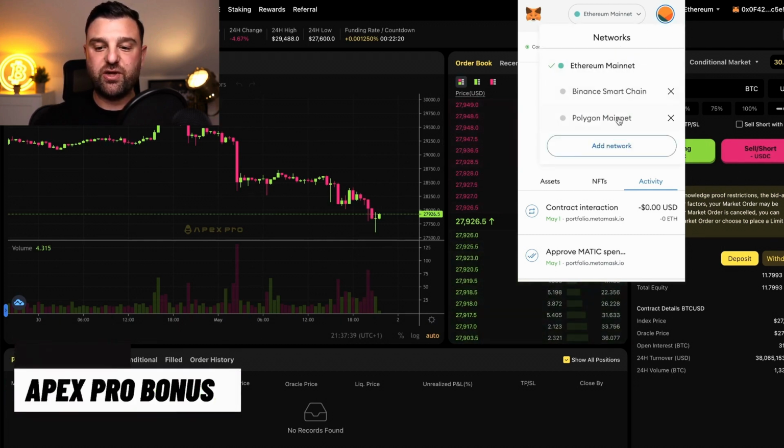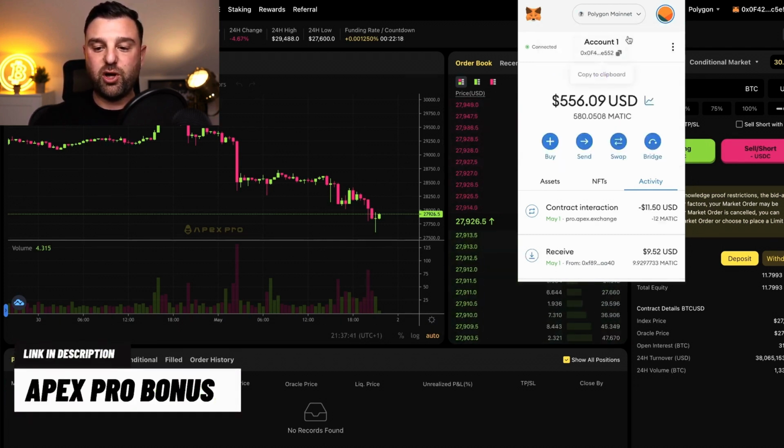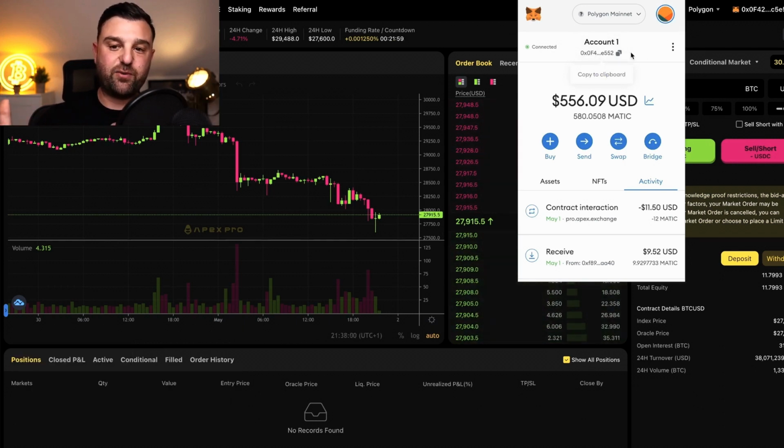different networks. So in the case of mine, I'm on the Polygon network. You can see I currently have 580 Matic tokens, which is about $556. So I'm able to use that money to deposit into my ApeXPro account. If I wanted to put funds into this, I could simply copy my wallet address and send Matic from another wallet. If you didn't have Matic, you could go on to